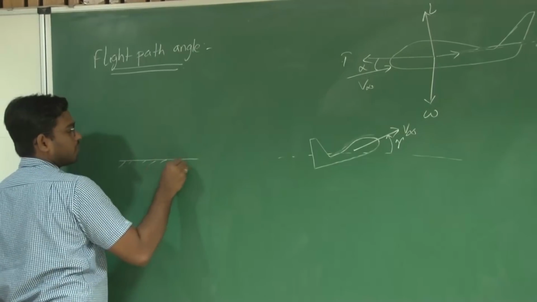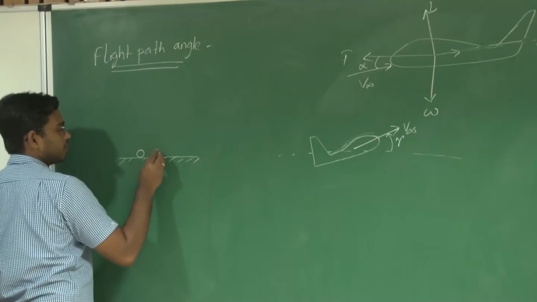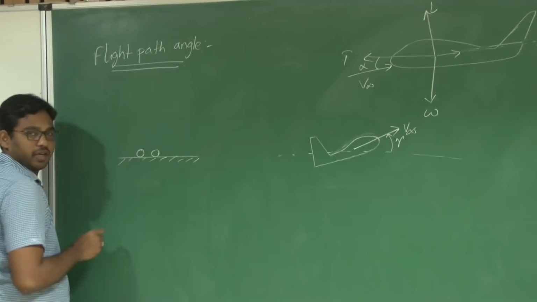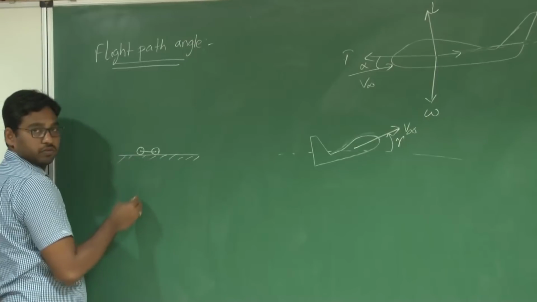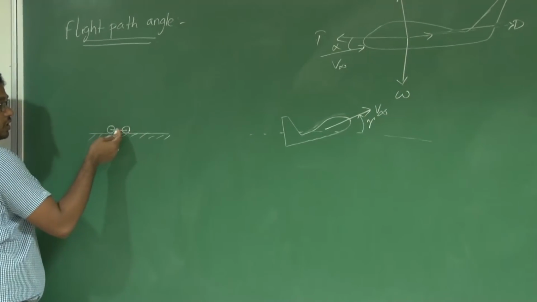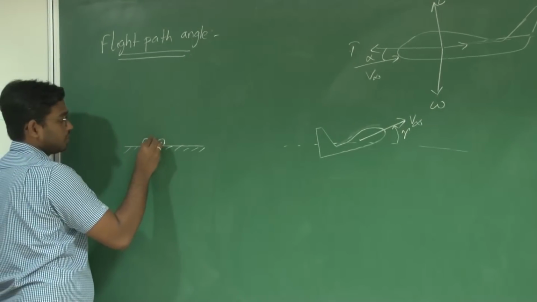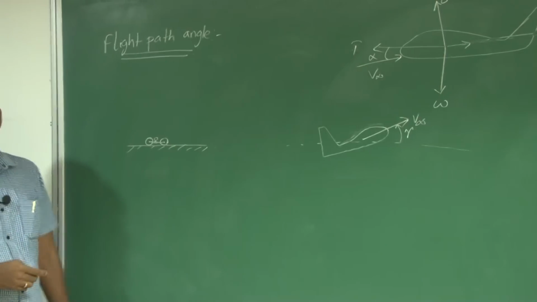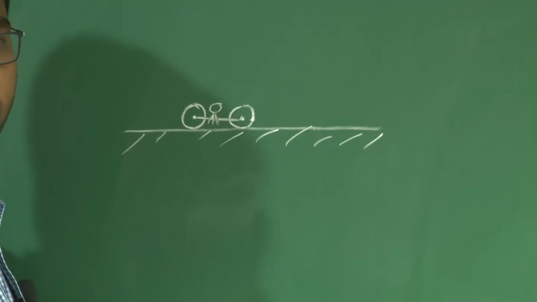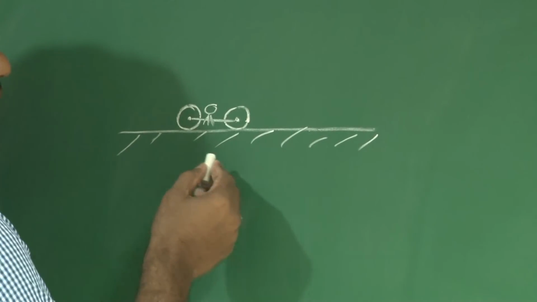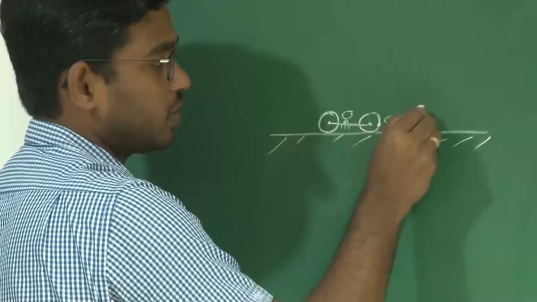Let us consider a level road. Say I have a bike with equal front and rear tires. Say these two wheels of this bike are connected by this rod. Since we have equal front and rear tires, this rod will be parallel to the road. Say I am sitting on this bike. If I start moving in this direction, the free stream velocity that I face will be parallel to my path in general. My path is parallel to the road, so the free stream velocity is parallel to me.